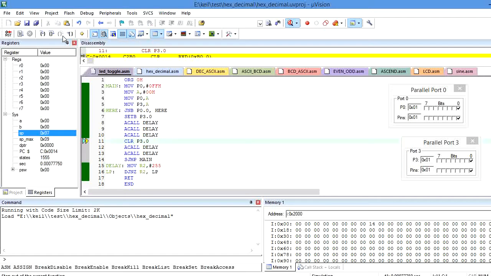Now I am going to clear pin 0 of port 3 by using CLR P3.0. Now pin 0 of port 3 is getting cleared here, and I am going to call the delay function. This function is switching from the main function to the delay function. If I execute the delay function, I have to wait for 255 times.